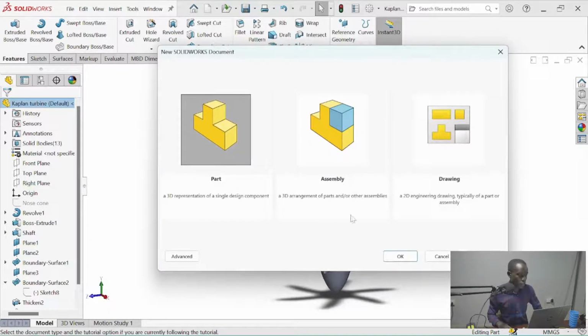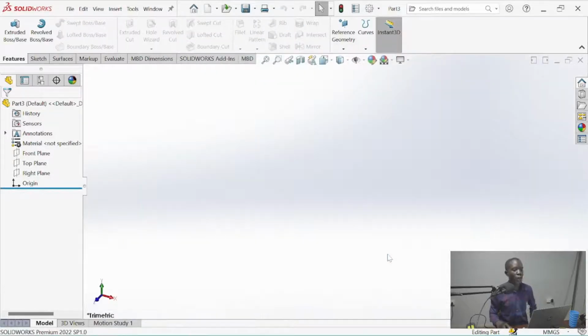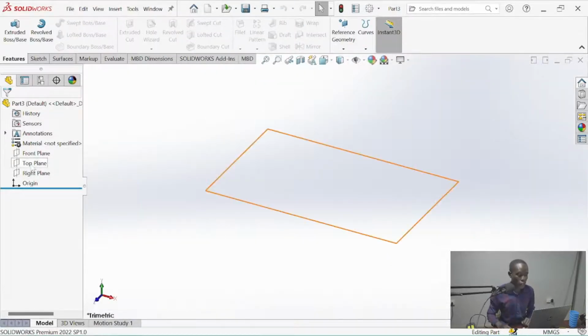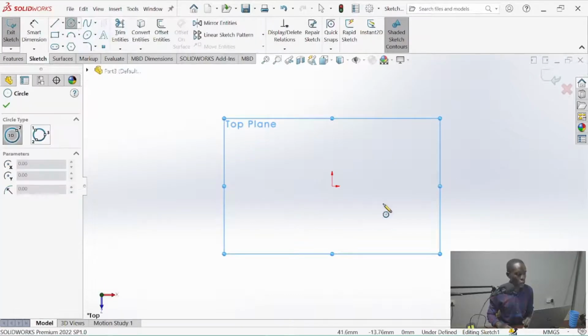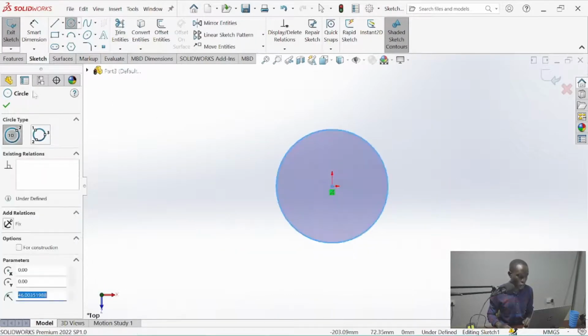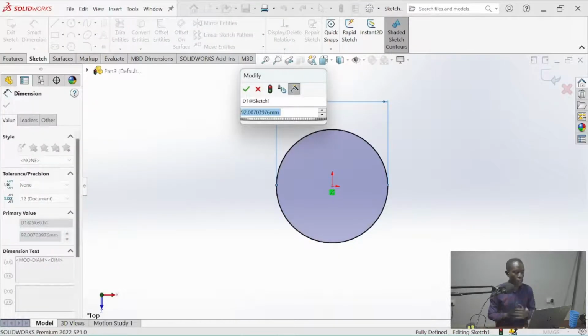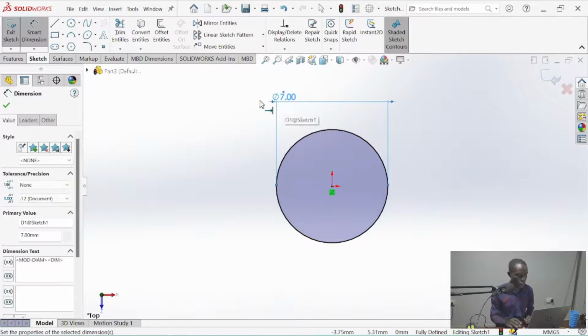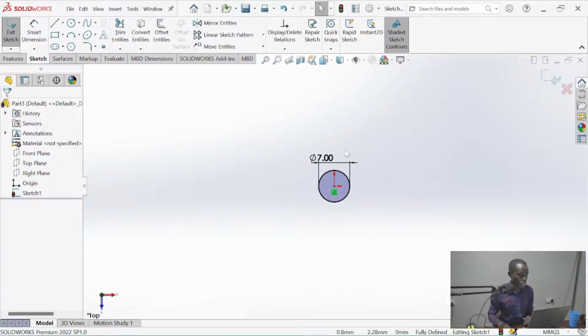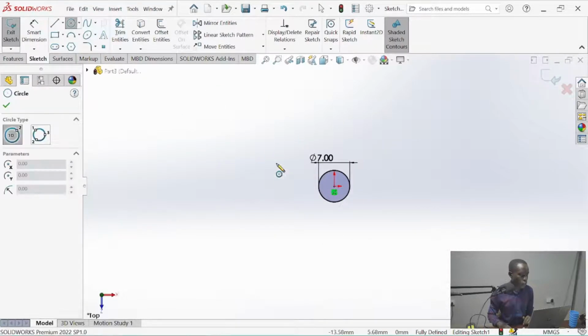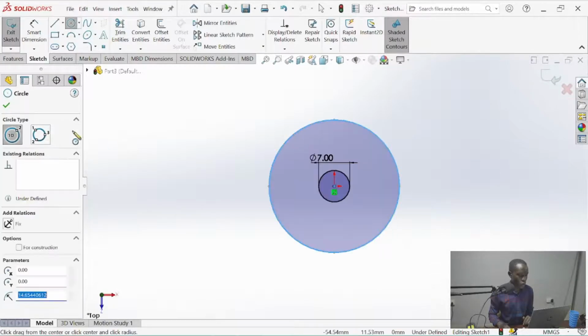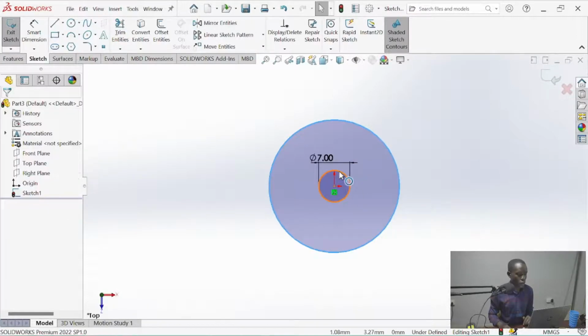So you create a new part, and you create the generator rotor and stator. We add the diameter the other side at 7 mm. So that's it. And now we need to put an engulfing pin.